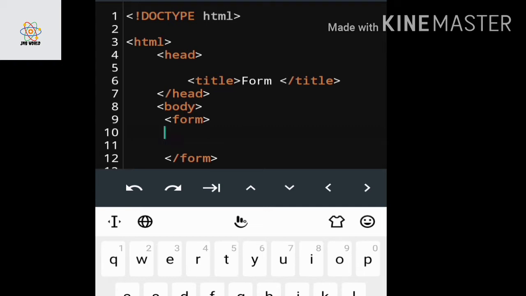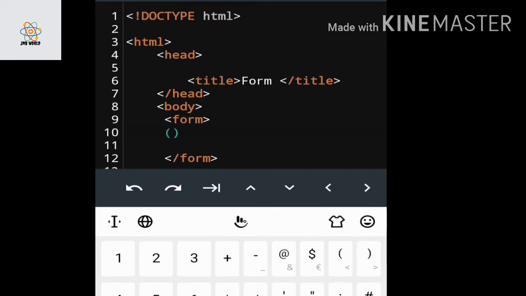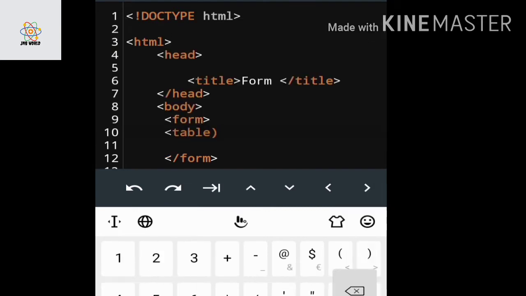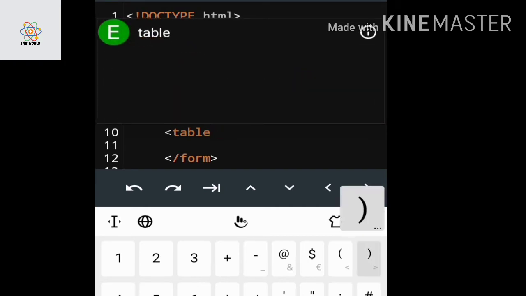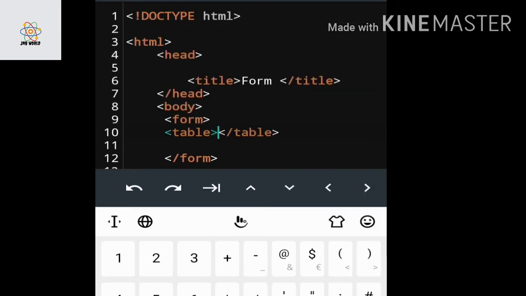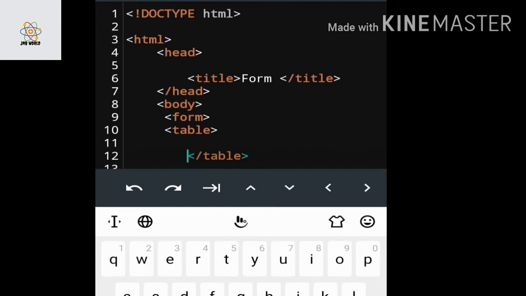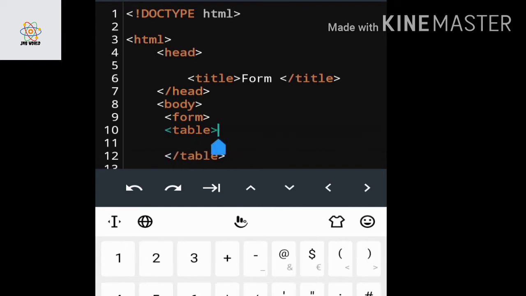Now within this form tag I have to use the table tag for creating the rows. So within this table tag I have to use the first row.